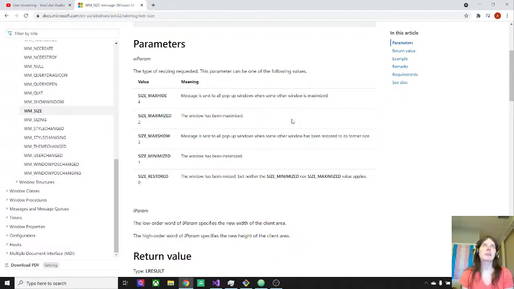Like if you are in full screen, I think even in borderless full screen, on modern Windows you bypass the Windows compositor, which lets you